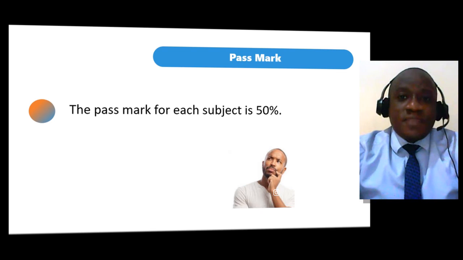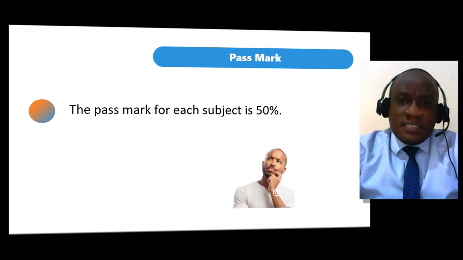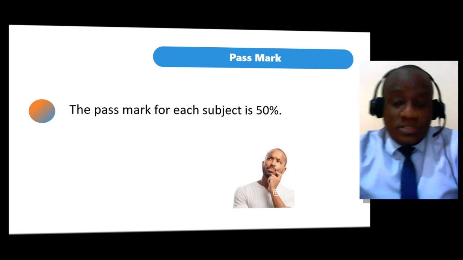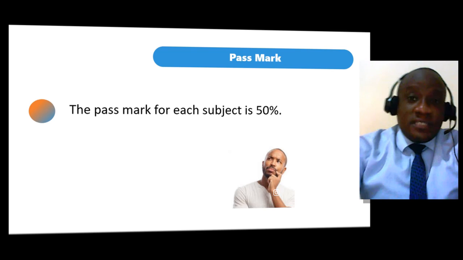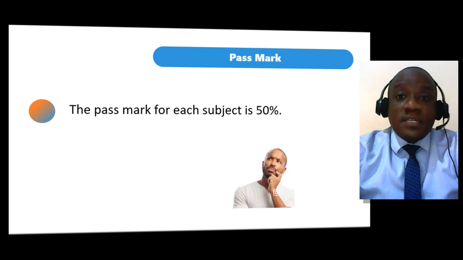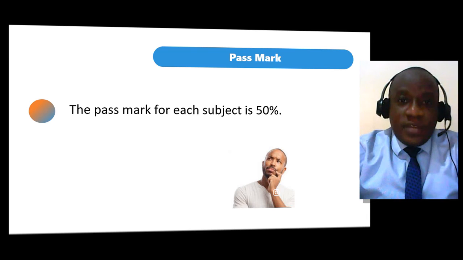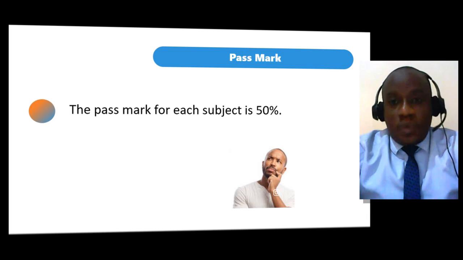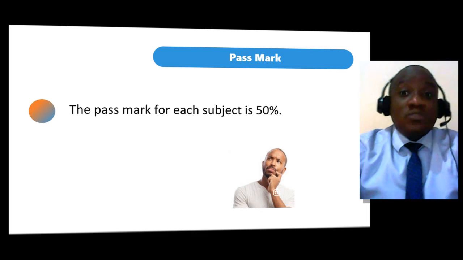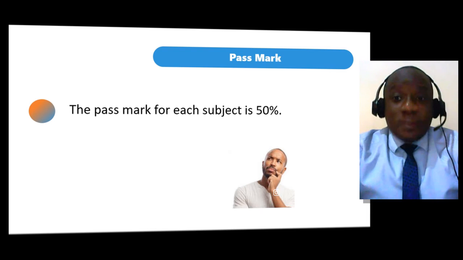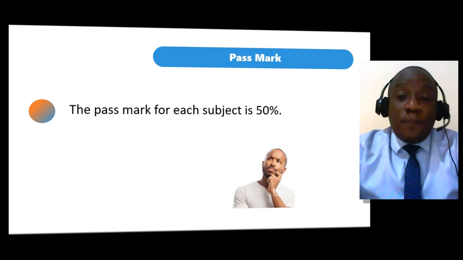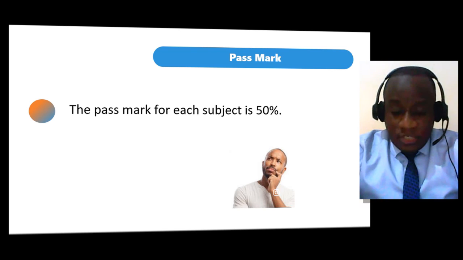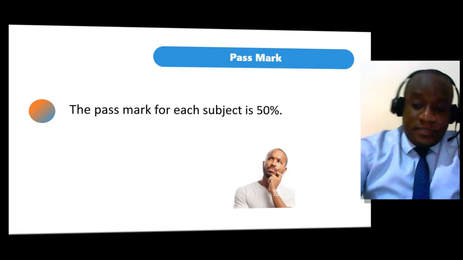So score at least above 60%, 70%, 80%. Why not? So prepare adequately, because this is who you are. Usually I tell people that as you're undertaking this course, you have taken this particular path. This is going to be your life. This is going to be your career. This is going to be the person you are. You cannot be a plumber. You cannot be a pilot. You can be a politician, but you won't be a DJ. Okay, so you'll be a professional accountant, and as a professional accountant, we expect that you clearly understand what you're doing. So it is important for you to actually score above the 50%.